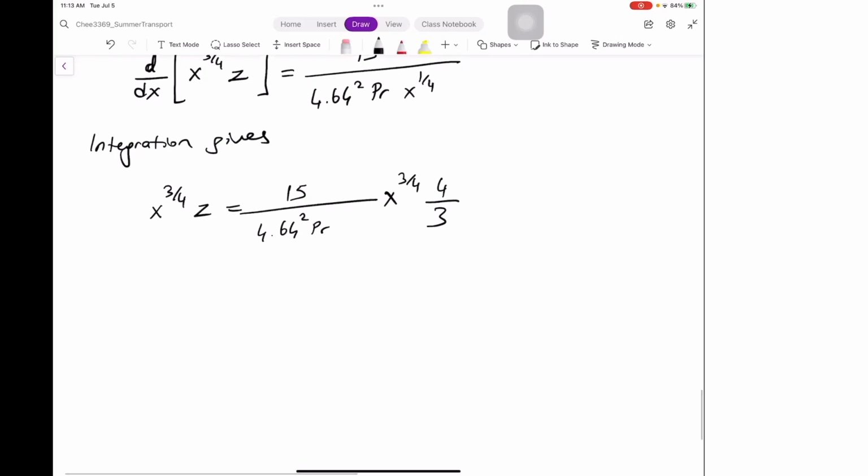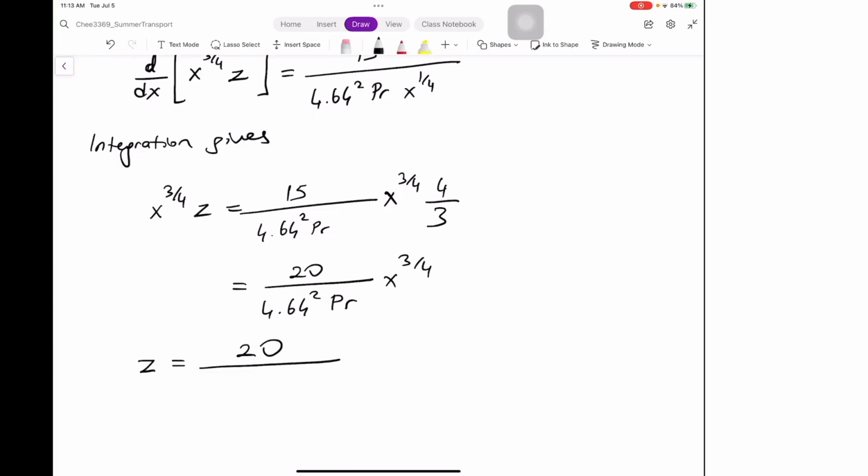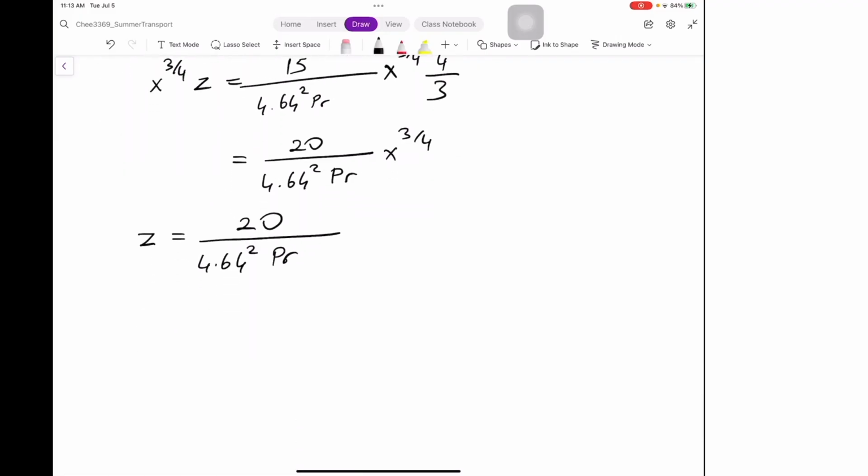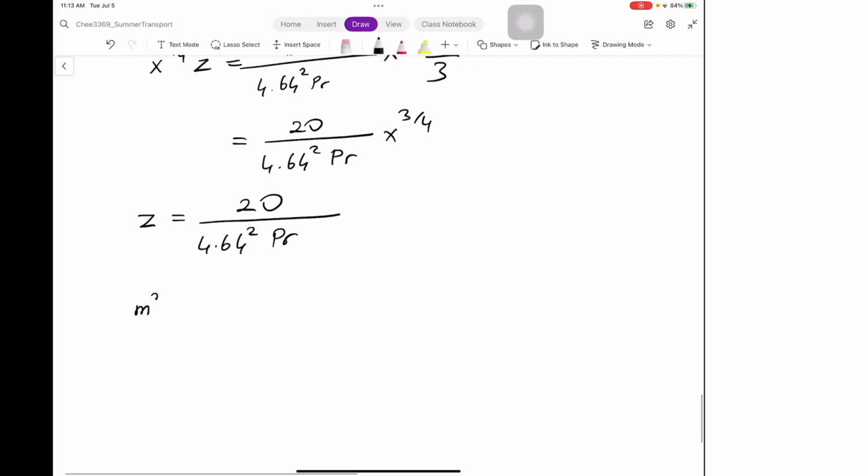Okay, and this is equal to 20 over 4.64 squared Prandtl number x to the power 3 over 4. Right? And then z comes out to be equal to 20 over 4.64 squared Prandtl number. Okay. And z was m cube. So m cube is equal to this quantity